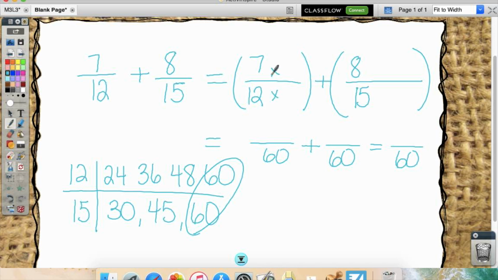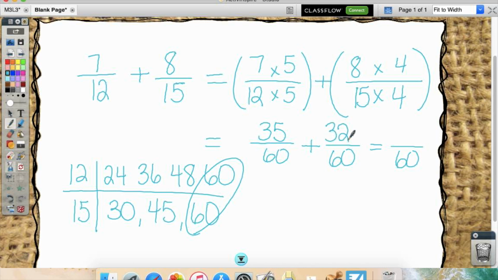All right, so 12 times what equals 60? Oh, I wanted to show you something really cool. Are you ready? Yeah. If you don't know, you can just count. 1, 2, 3, 4, 5. So 12 times what equals 60? So 7 times 5, 35. That's your numerator. Okay? And 15 times what equals 60? 1, 2, 3, 4. Okay? So 8 times 4 is,